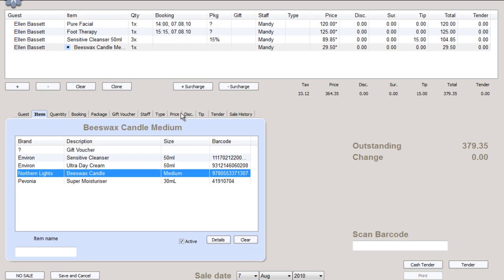You can have surcharges. So for example, on weekends you might want to charge an extra 10% or whatever to your retail or your treatments. And then when you're ready to finalize the sale, you simply